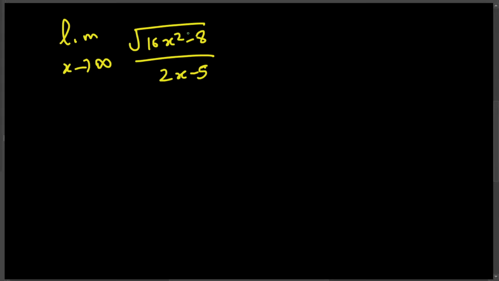If you look at the numerator, the insignificant term is 8, because when you have x squared, for example, if you put 100, the 100 squared is like 10,000. 8 compared to 10,000 is a very small number, so that's why we can neglect these numbers and just bring the highest power. So here 16x squared is the highest power in the numerator, so anything except that is going to be insignificant. So we can just write square root of 16x squared, and in the denominator 2x is